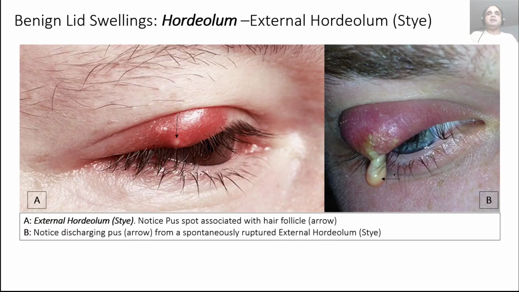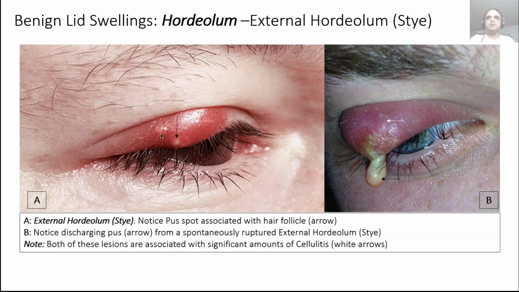This is a sty that's spontaneously ruptured. This is again an external hordeolum or a sty. You can again see a pus spot here. You can also see a little bit of cellulitis, this redness associated with this sty. You can see a lot of cellulitis or redness associated here as well. The white arrows are basically showing you the significant amounts of cellulitis associated with external hordeolum or sty in these